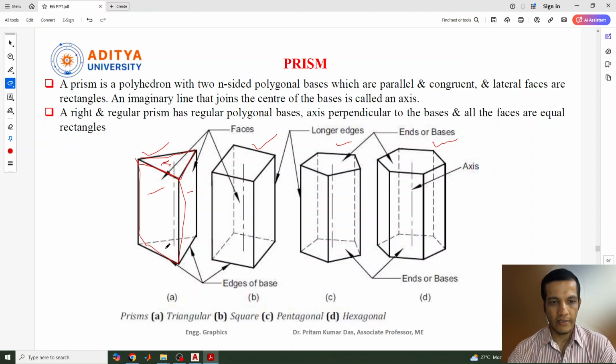Let me draw this triangle here, and this is a base triangle. So this is the base, and this is the top. This is the base part, and this is the top part. Okay. So the top is also a triangle, and the base is also a triangle. Now if you join this triangle top and base by lines, you will get all these